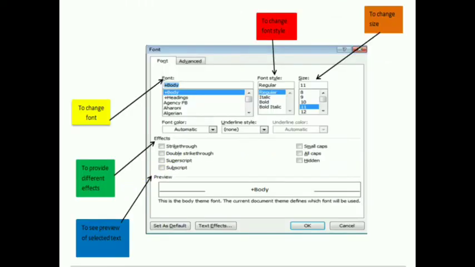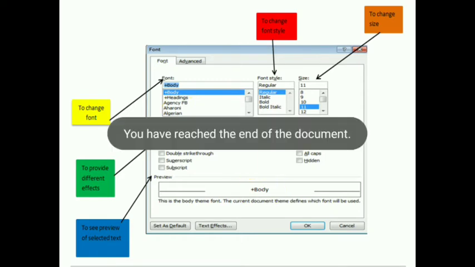See, in this group, by using the different rectangular boxes, I want to tell you. Like in the yellow rectangular box, that box is used for changing the font. If you want to change the font, then you can see here. In preview, you can see the effect.